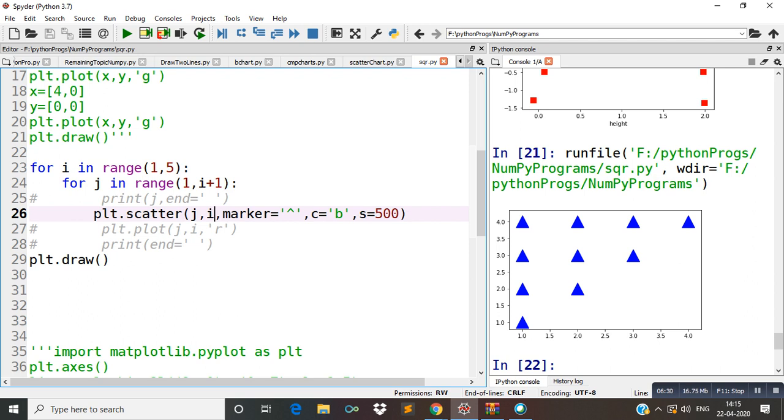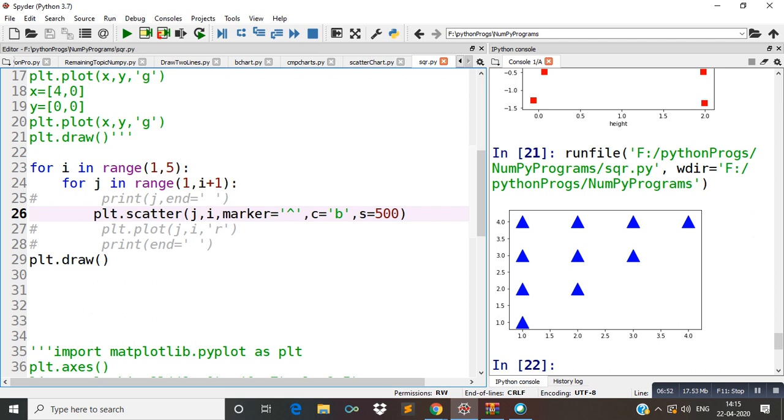Next time the value of j will start from 1 but the value of i will be 2, because the value of the outer loop will be increased. According to the increased value of the outer loop, the j loop will move from 1 to 2. So the starting value of j is 1, and 1 comma 1, and next is 1 comma 2.